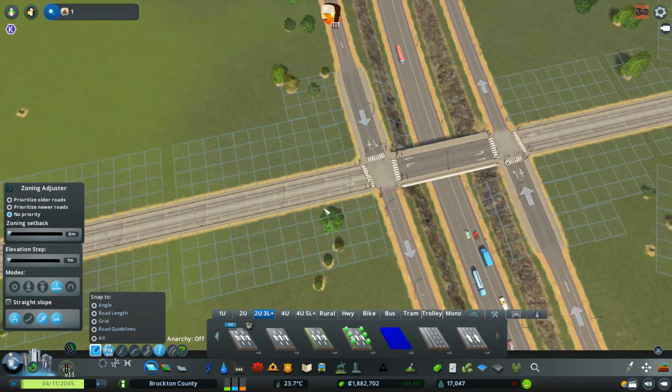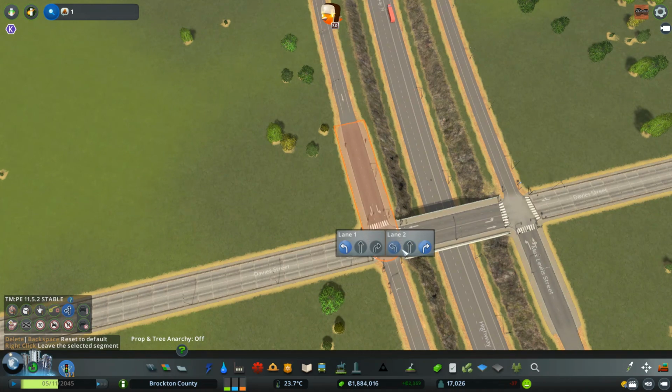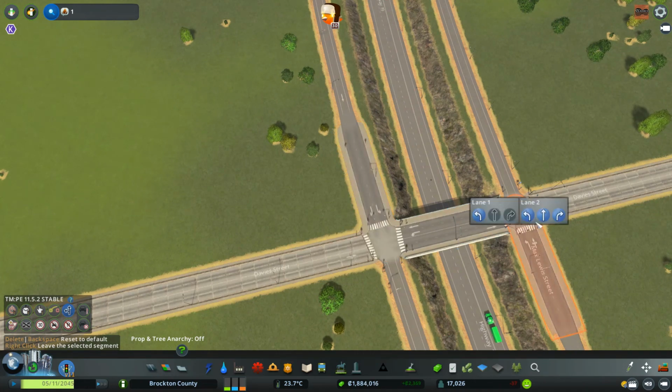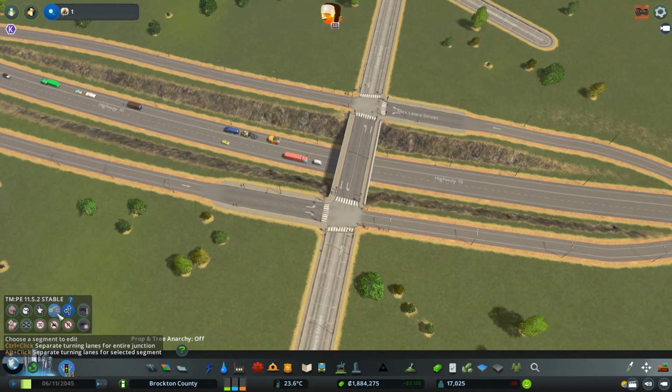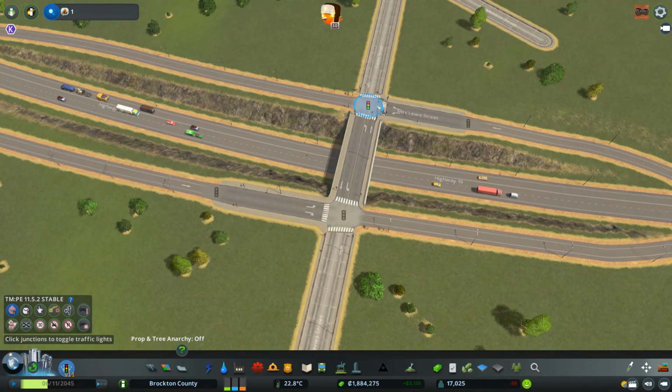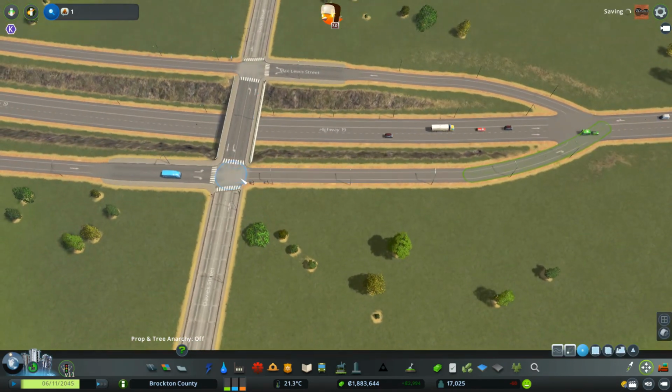We could bring it back farther, but I'm going to leave that because I just don't think it's going to be a crazy issue for now. And there we go. So we have lights on this at the moment. We can turn these lights off. I don't think that'll be necessary. And now let's